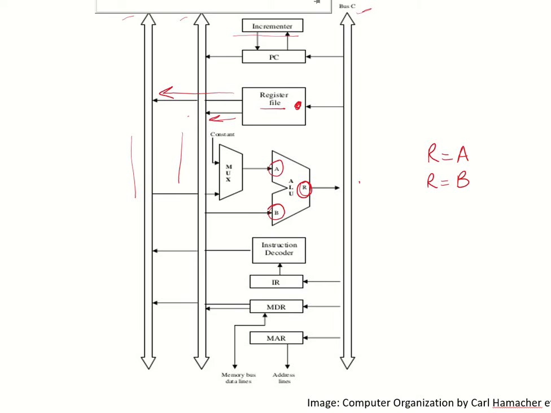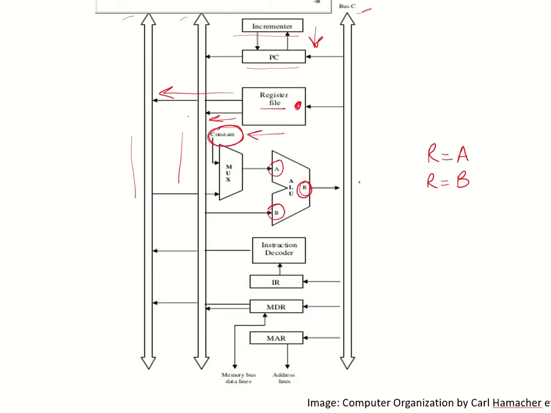There is an incrementer unit which increments the contents of the program counter and passes them back to the program counter to point to the next instruction. However, there is another constant value available at the input of the multiplexer, and this constant value can be used to increment other memory addresses. For example, if we have a load instruction accessing multiple data elements in an array, this constant value can be used to point to successive memory locations.